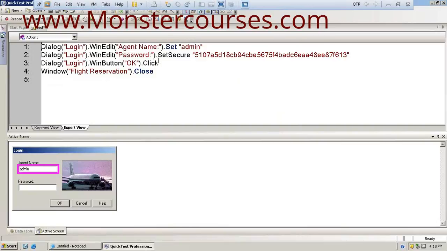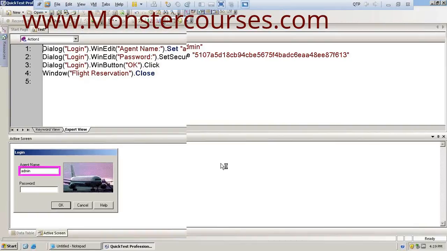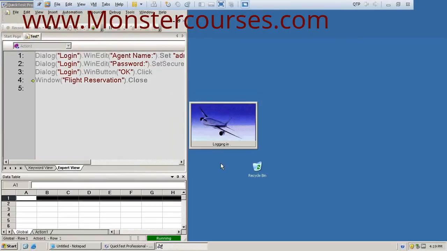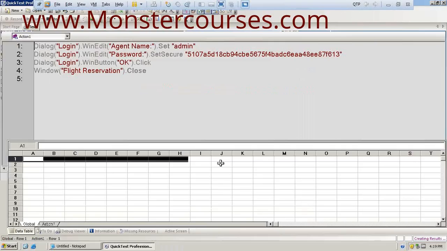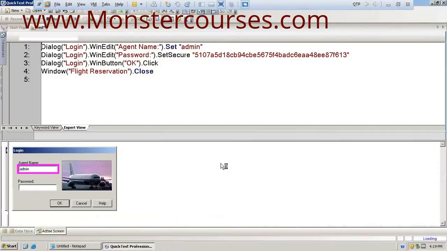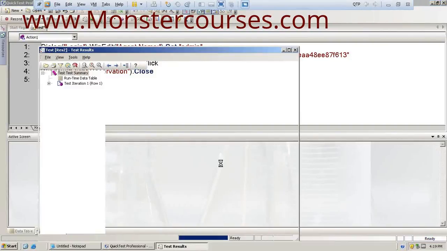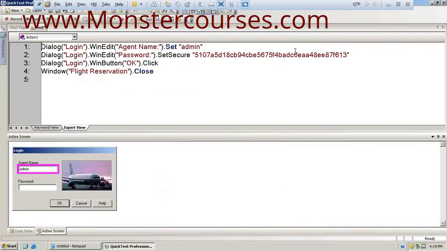Now the script is ready. So whenever you want to test the application, you can click on run. The same set of steps will be done by the tool on the application. Now this script has got the value of agent name as admin and the password as Mercury. Now let's say I want to test this login application with different values of agent name.